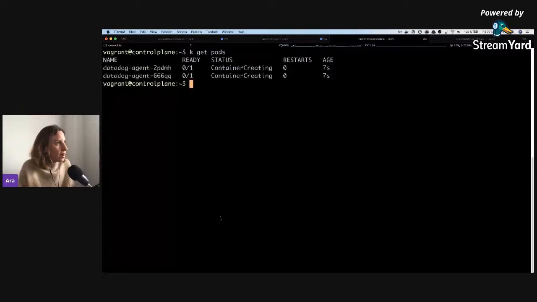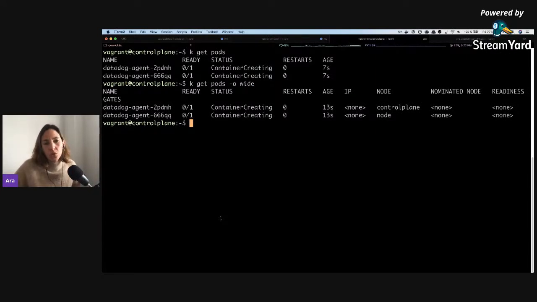Let's clear this so it's a little bit more readable. You can see this is something interesting. Let's do wide. It's creating two containers. So a daemon set in Kubernetes is basically one pod or X number of pods, depending on the amount that you're requesting, on every single host that you have. In many Kubernetes distributions, the control plane nodes are tainted, so that when you create a pod or when you create